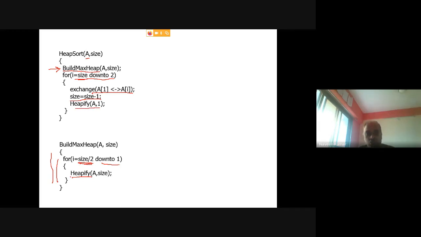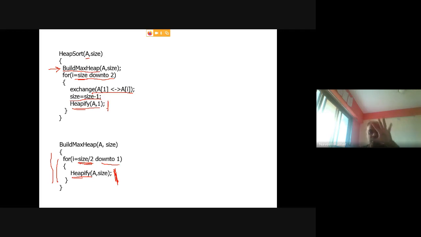Then you need to call Heapify. So we have used Heapify here also, right? What will this Heapify function do? Heapify function will work when left subtree is already max heap, right subtree is already max heap. Problem is only with the root node. This is what is happening here also, right? If you look here also, actually problem is same, and here also problem is same.